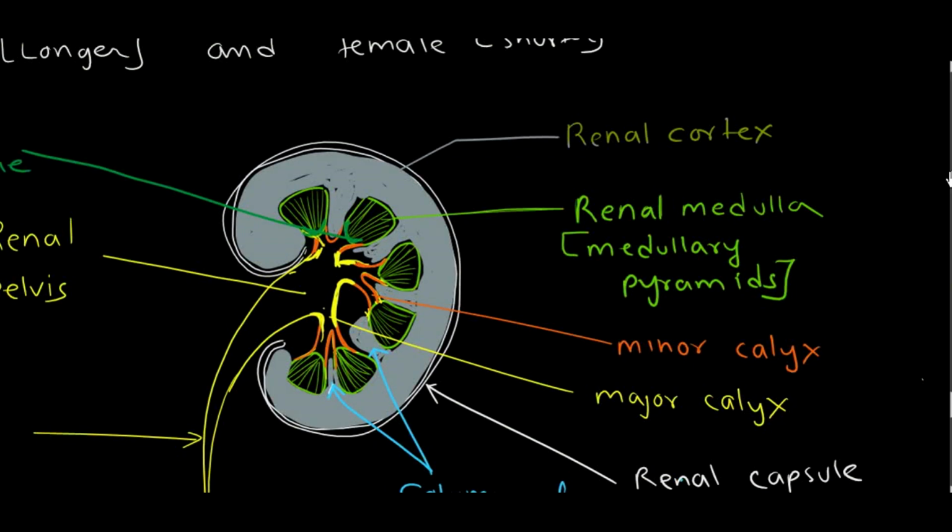Okay students, we will begin with the structure of kidney. We have already seen that the kidney is located in the lower abdomen region, between thoracic vertebrae number 12 and lumbar vertebrae number 3. In humans, the right kidney is a little lower as compared to the left kidney, and that is because of the position of the liver. Liver occupies most of the space on the right side,